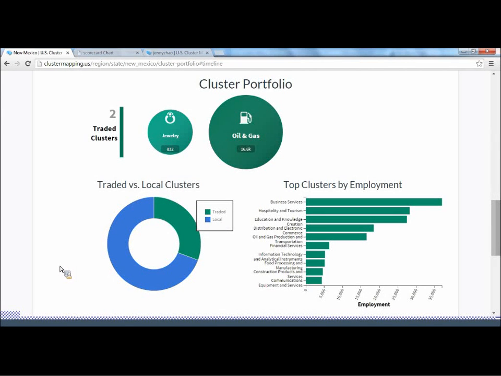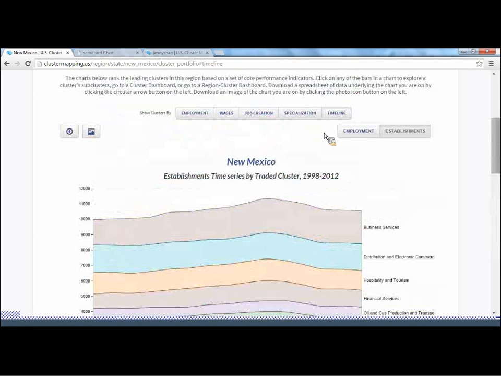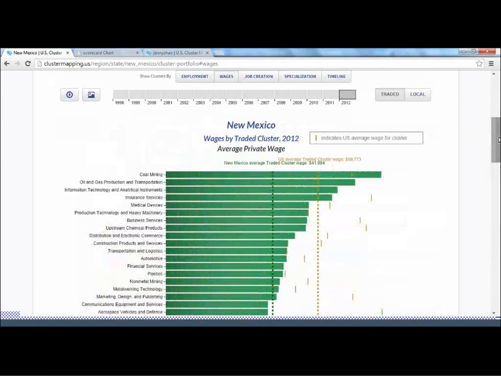tab as well. So what we can do here as well is you can look at each of the individual clusters, which will, in a second, I'll take you to the cluster view of the national cluster view. One thing to note as you scroll, if we scroll back up to, let's say, wages, let's go to the wages chart. Each of these individual bars that you see here, so these individual cluster bars, in this case, we're highlighting medical devices, are also clickable. So if we click one of those,